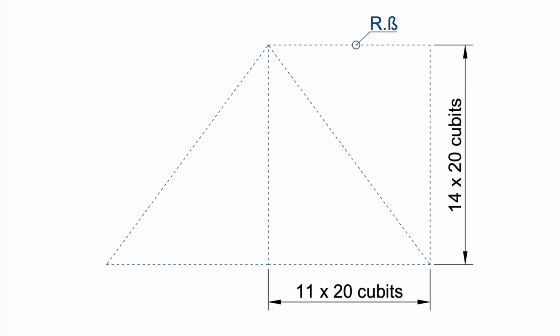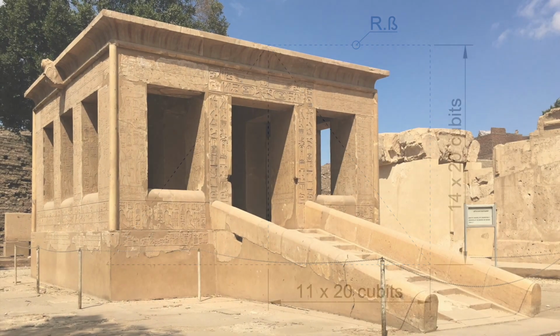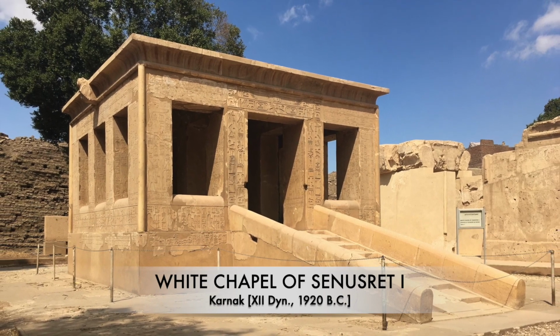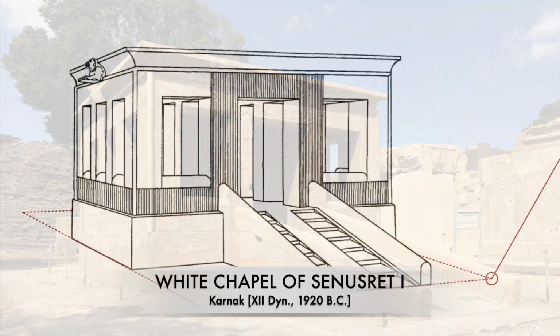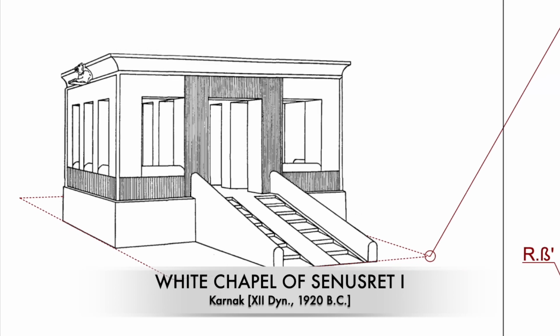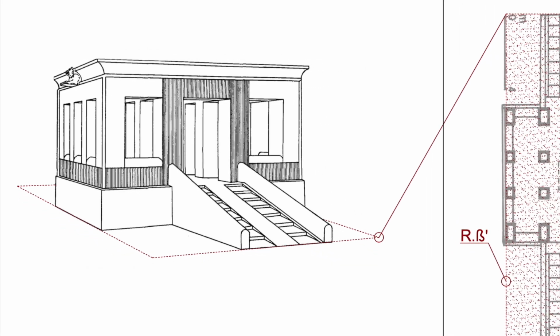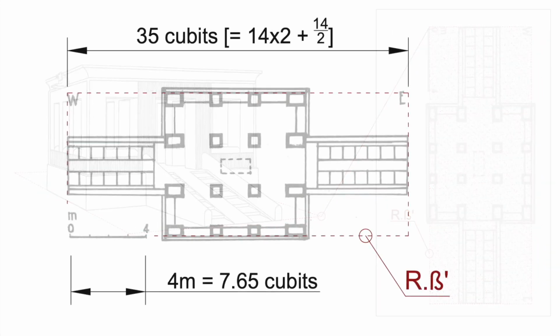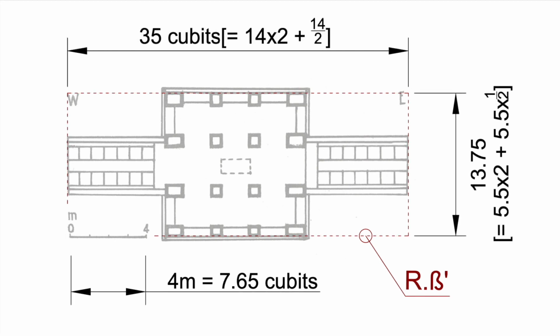After the Thinite times and the Old Kingdom, one of the most notorious constructions in the Middle Kingdom was the White Chapel of Karnak, built by Senusret I. As we have seen in the first chapter, this construction corresponds to the proportions of the beta prime rectangle, and analyzing its exact measures, we realize its length is a multiple of 14, so that its width is a multiple of 5.5. All this allows us to confirm that the geometrical pattern was used once again as a real architectural tool